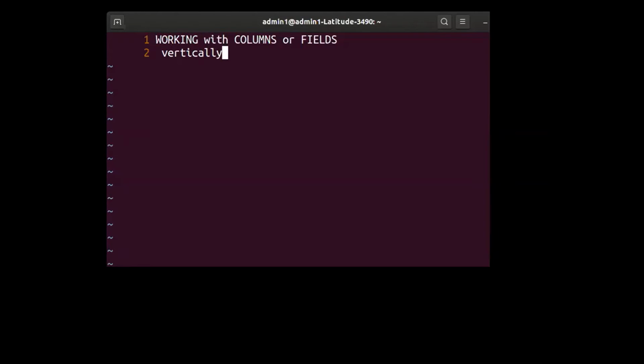The whole idea is that it will cut the file vertically. So why is there a need to cut the file vertically? Let us understand this. The first command is cut. Make a note.